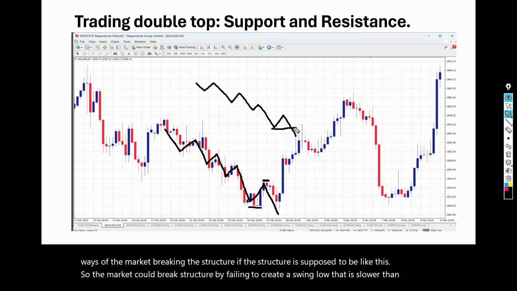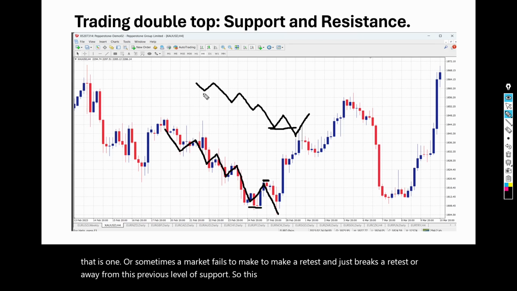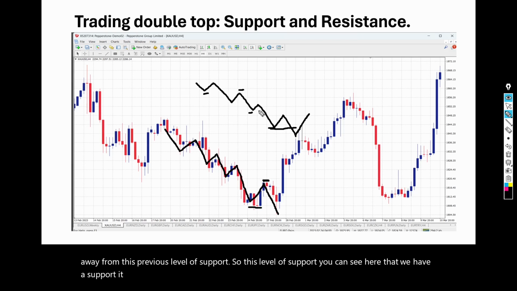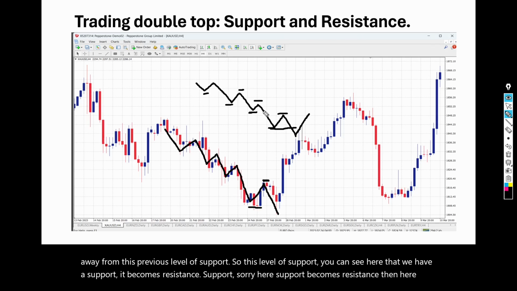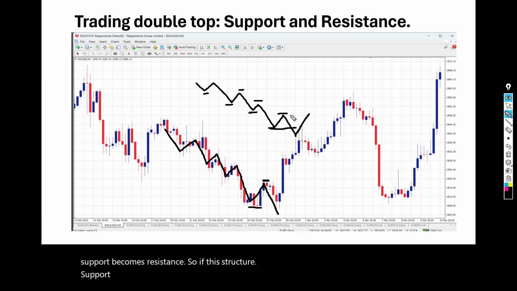That is one. Or sometimes the market fails to make a retest and just breaks away from this previous level of support. You can see here that support becomes resistance, and here support becomes resistance. So if this structure of support, break and then retest fails or is broken, that is when we start to look for